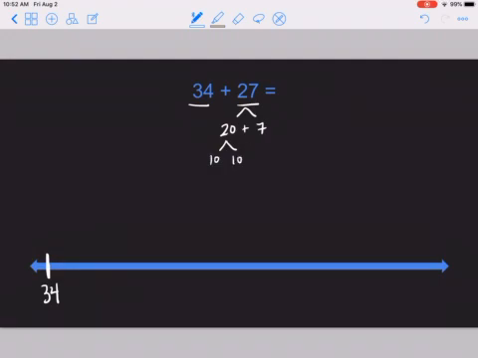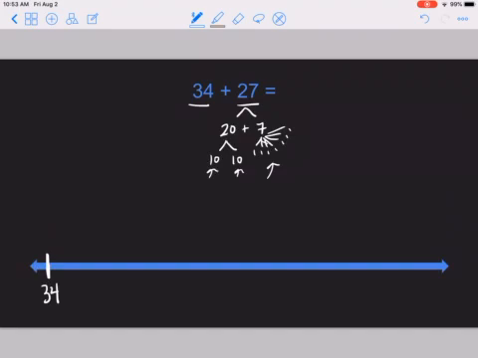And 7 we can break up into 5 and 2. We can do 7 ones. We can approach that many ways. I'll probably just do ones at this point. So 1, 2, 3, 4, 5, 6, 7. Just do 1, 1, 1, 1, 1, 1, 1. So these are the jumps that I'm going to make